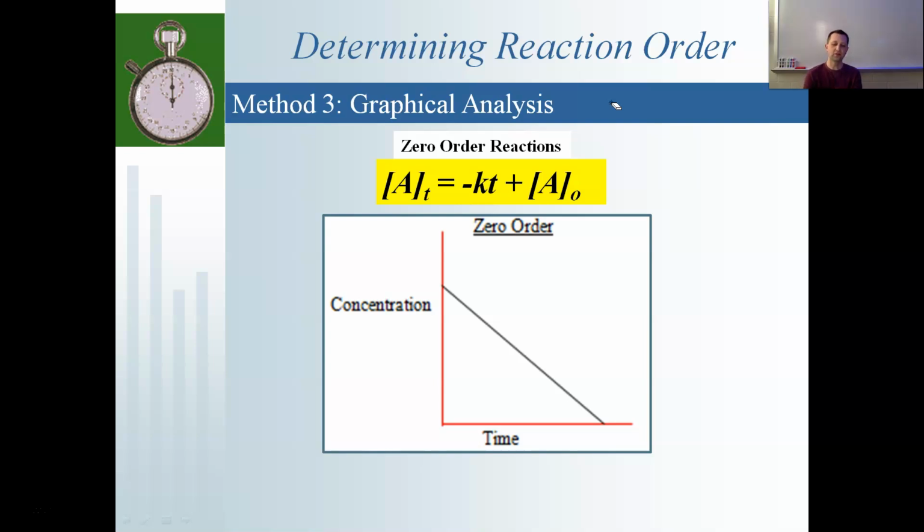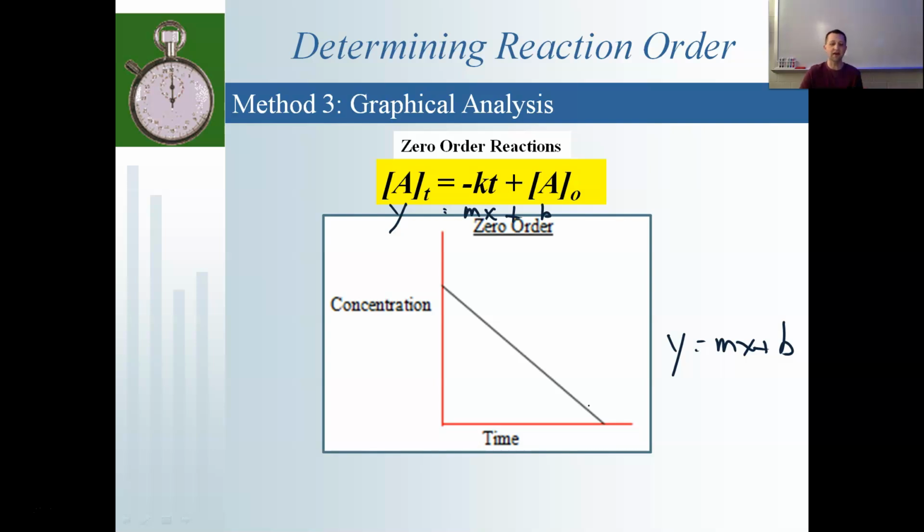The general formula for a straight line is y equals mx plus b. So if I take my integrated rate law for zero order reactions and I reorganize it into that y equals mx plus b format, that's what I end up with here. So look, y equals mx plus b. All right, my y is my concentration, it's on my y-axis. My slope is actually my rate constant, and you can see that it's going down, so it's a negative value,